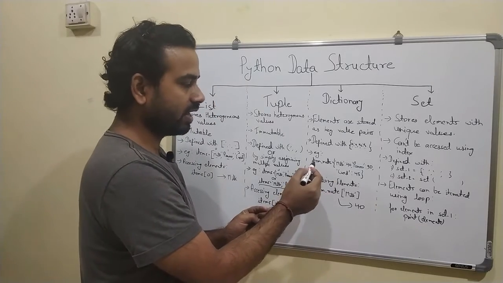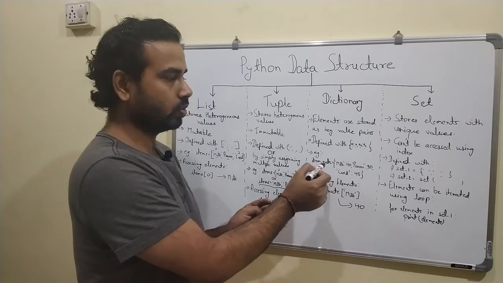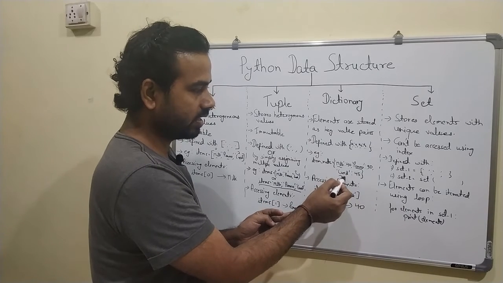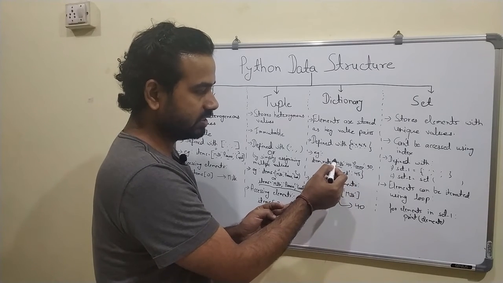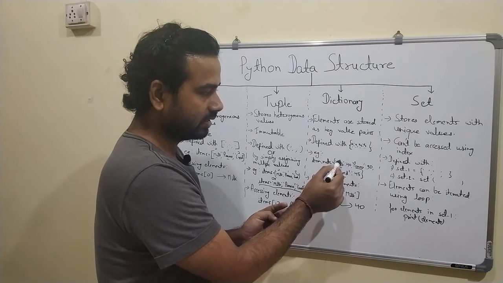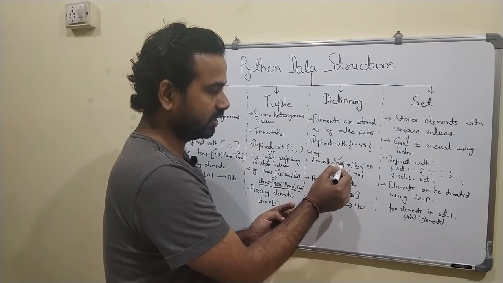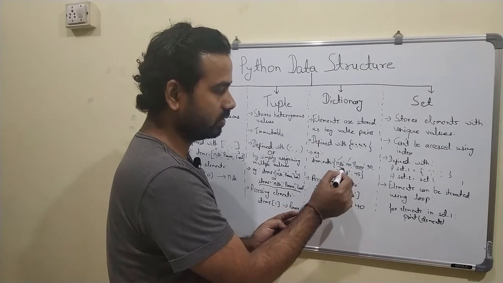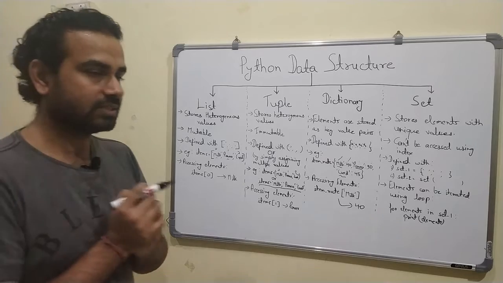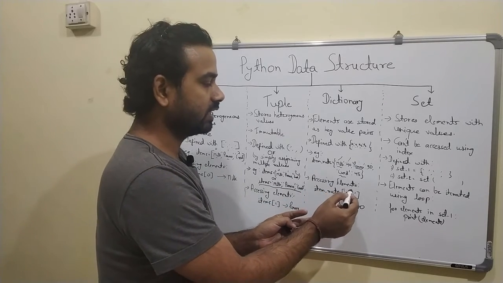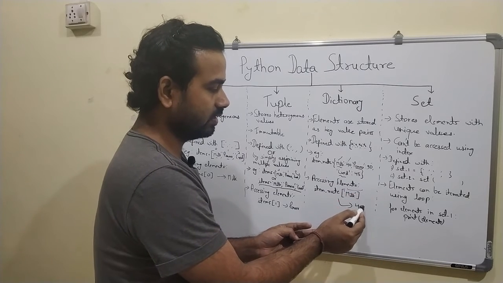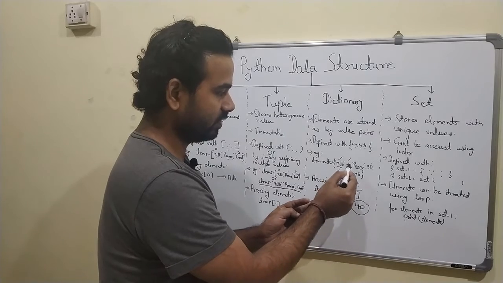Like you can see here, I have defined a dictionary called item underscore rate. Here I'm passing the items as milk, paneer and curd and the rate for them. You can see I have used the curly braces for a dictionary and then inside that the key with single quote, value, key value, key value. And to access any of the elements of the dictionary, we can simply pass the key of that dictionary, which is the milk here, and we will get the value of that, which is 40, which I have defined in the dictionary here.